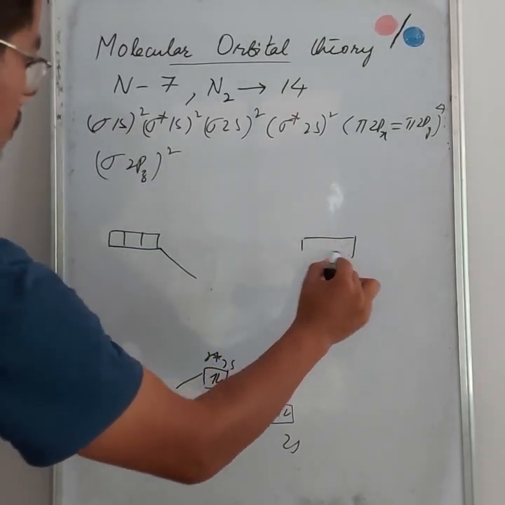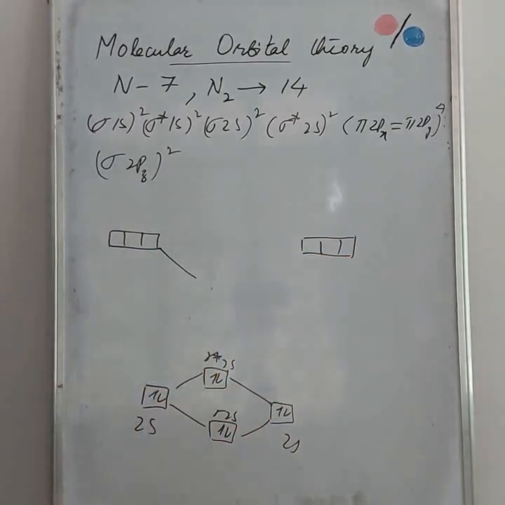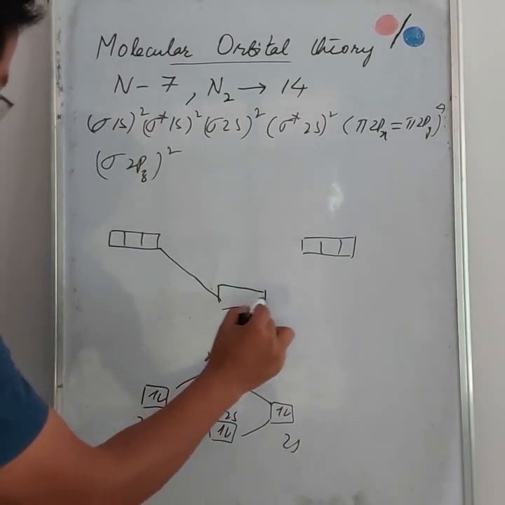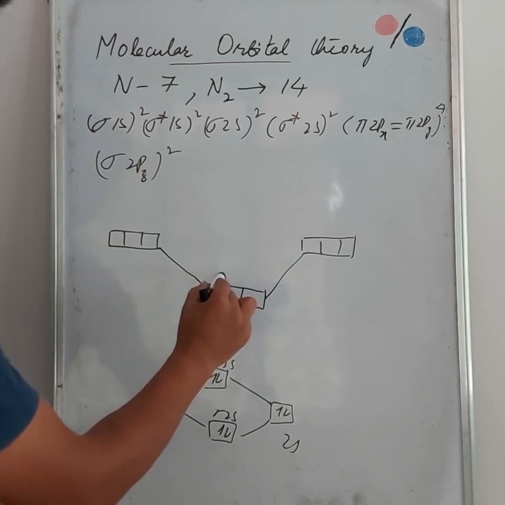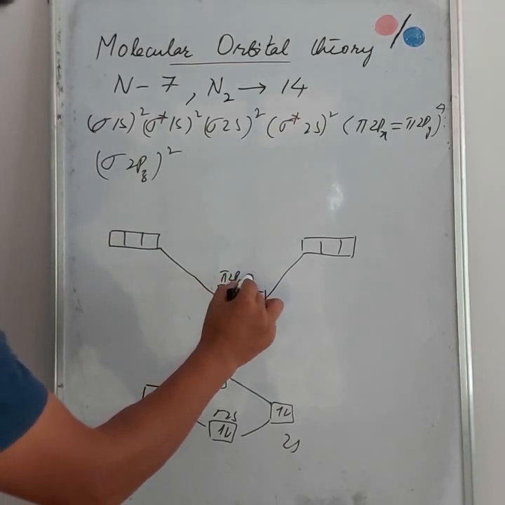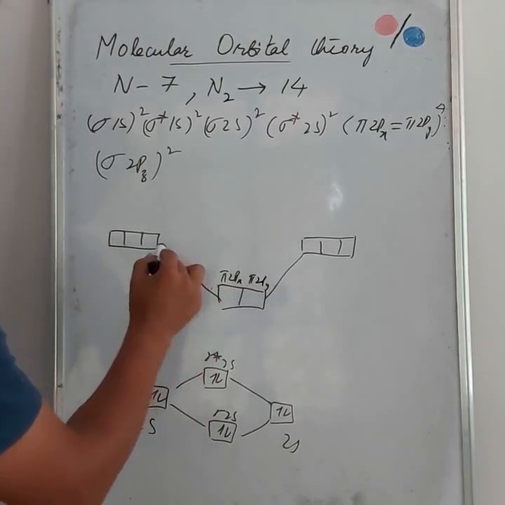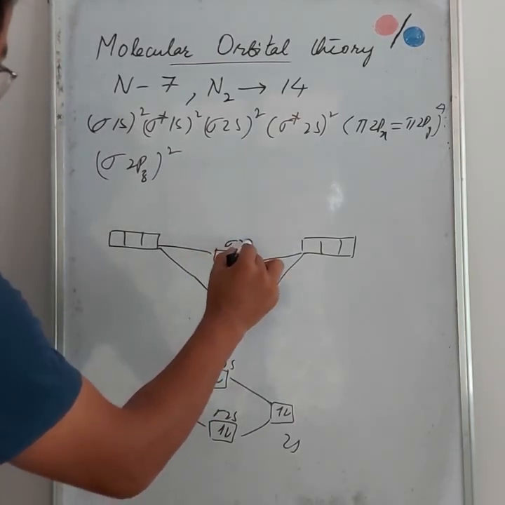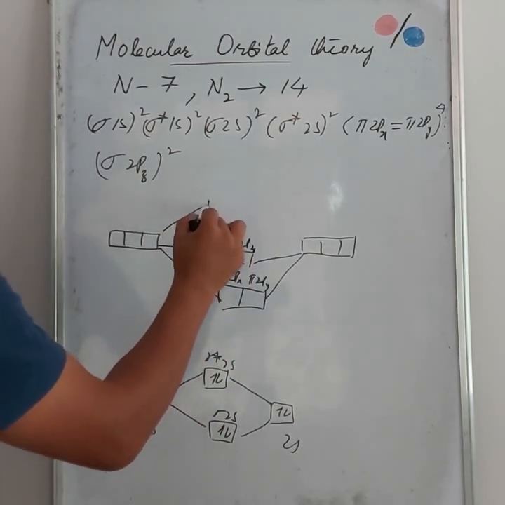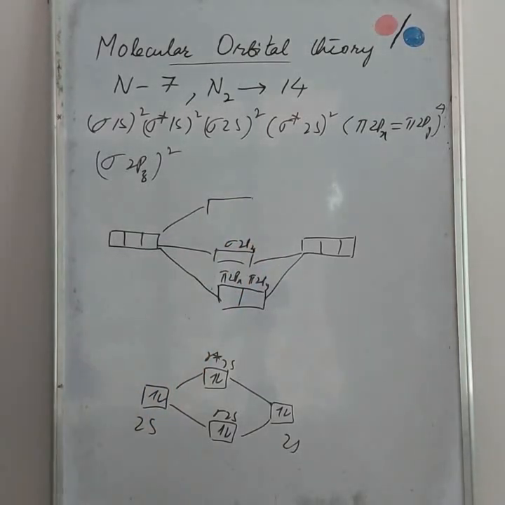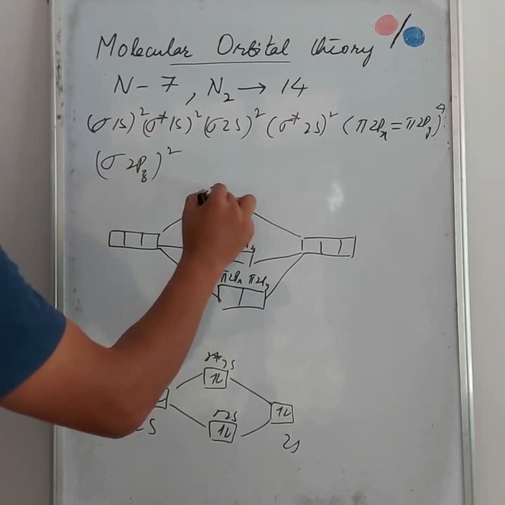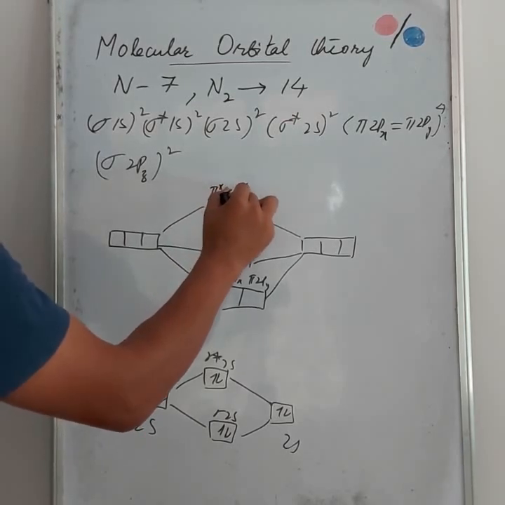So we'll have pi 2px, pi 2py, and then another one, sigma 2pz, and then we'll have the antibonding ones,